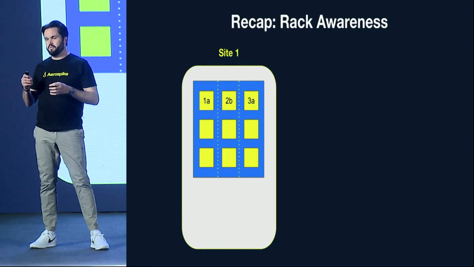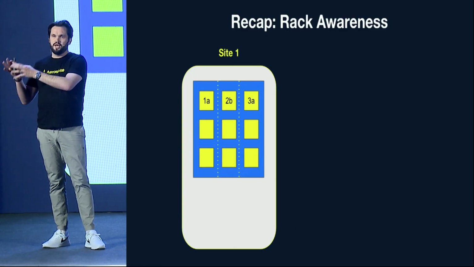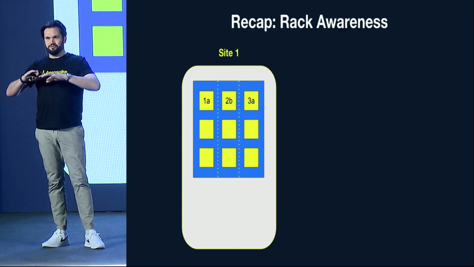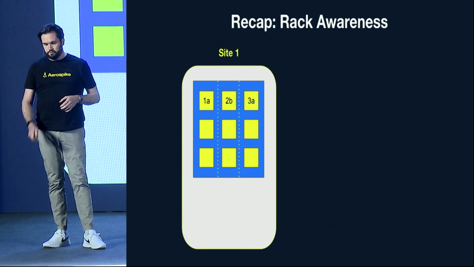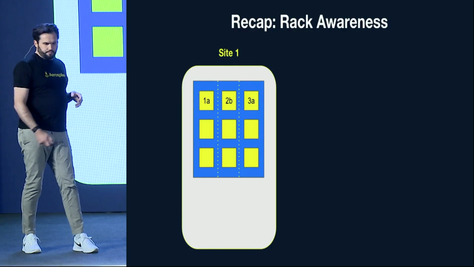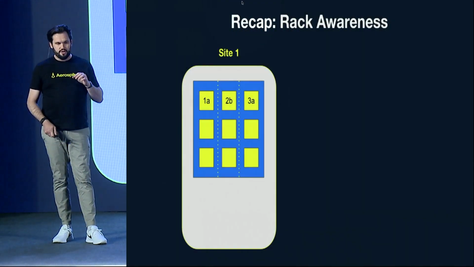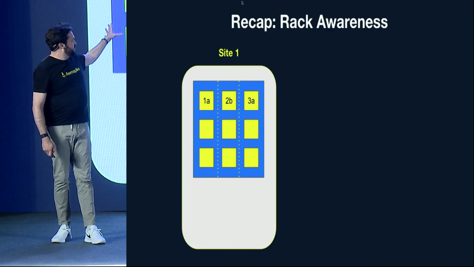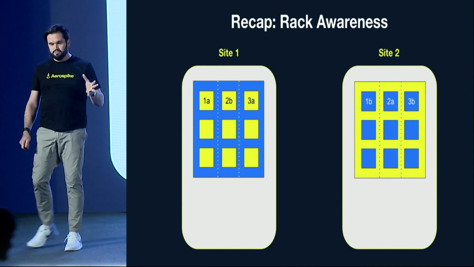And you do that by making sure that each of your data partitions are available on top of each of your major pieces of infrastructure. So maybe it's a data center, maybe it's an availability zone. And the way that rack awareness works is you have your first rack here, and this has some masters, some replicas. You have your second rack.